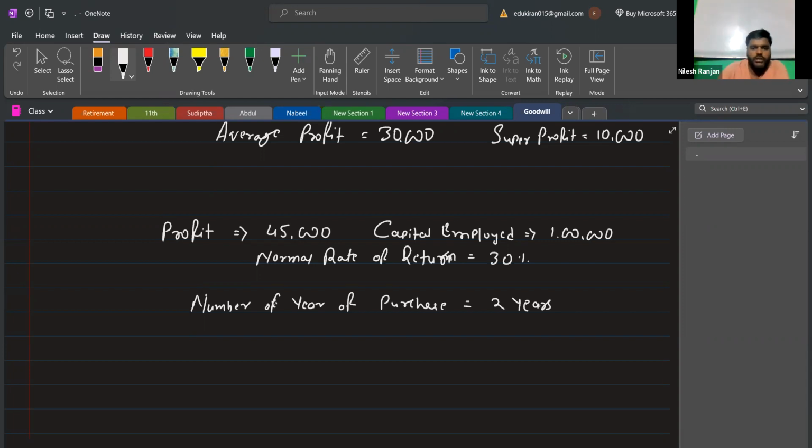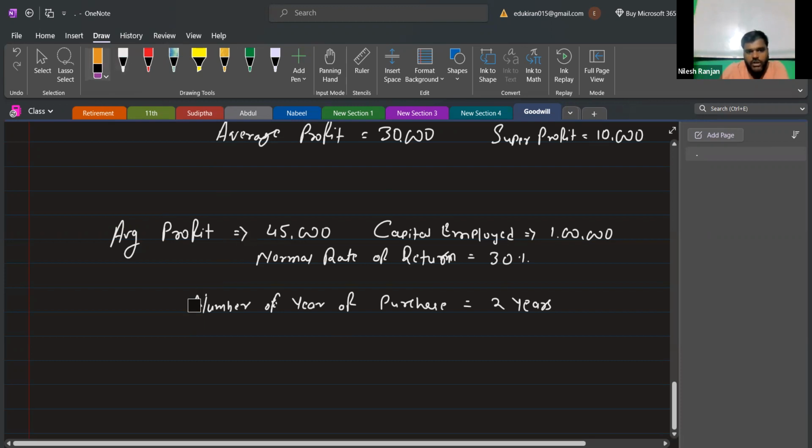So we will calculate like this. 1 lakh into 30% is 30,000 normal profit, and the average profit is 45,000. So super profit equals average profit minus normal profit. 45,000 minus 30,000 is 15,000. Then you will multiply that 15,000 into 2. You will get 30,000. Now, if the number of years of purchase is not given in the question,